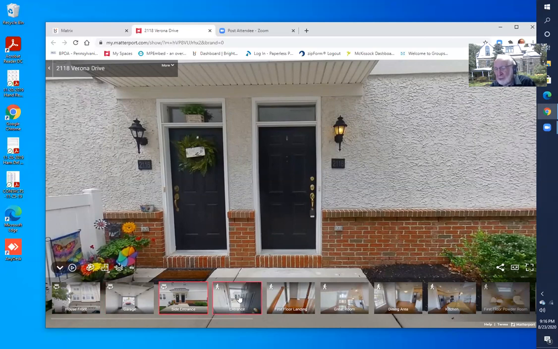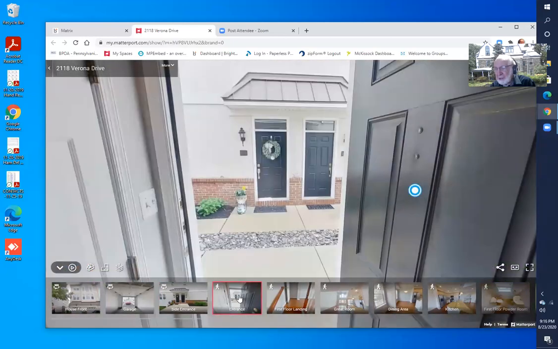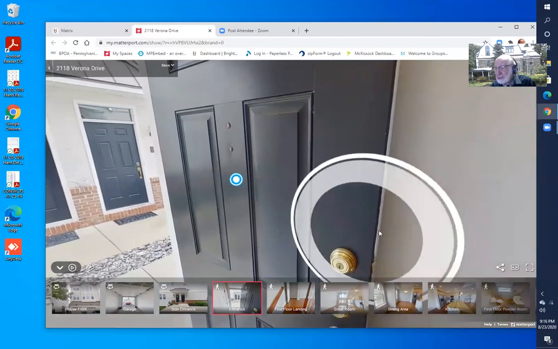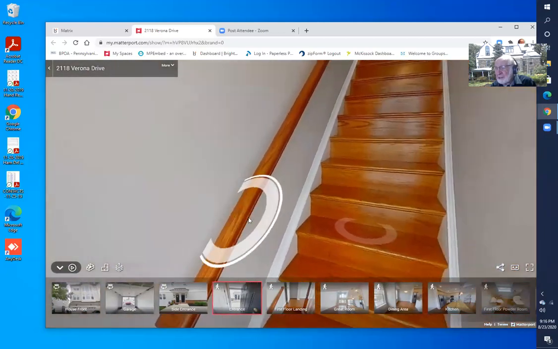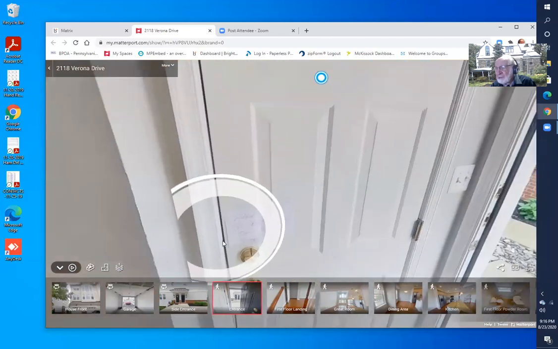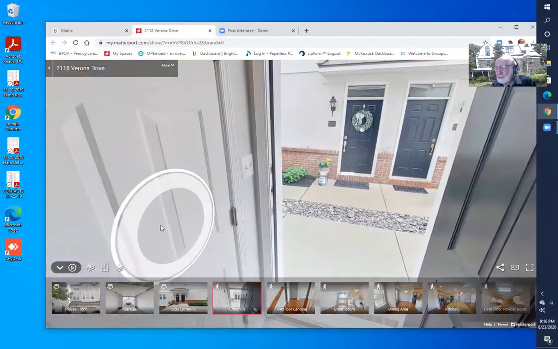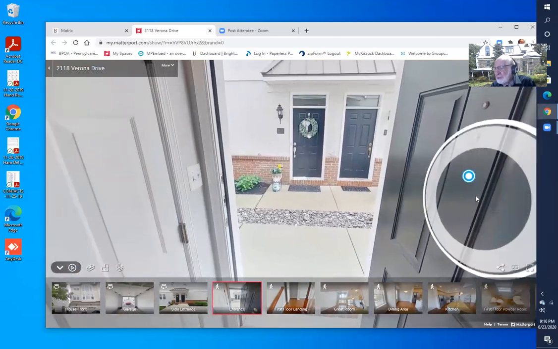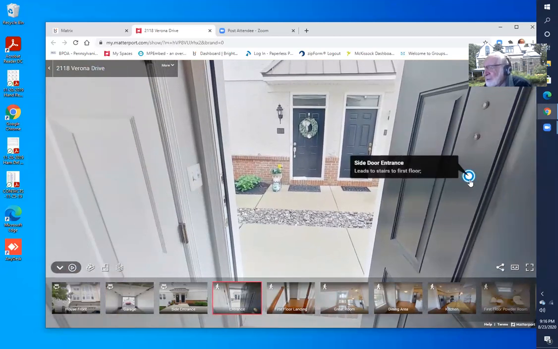So we're in our first walking tour picture. And again, we open a door and we're looking outside, and I can rotate this 360. You see there's a stairway here. And you notice we actually have two doors. So this first door is the side door entrance, and it leads to the first floor, which we just saw